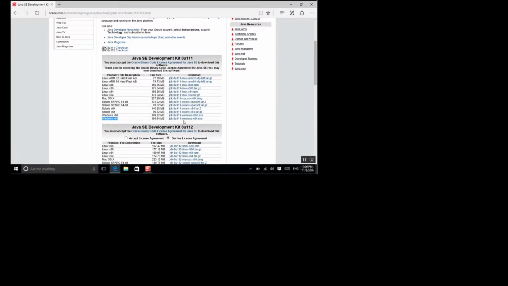For this operating system, I just download this one. If you are on Mac OS, download this one. For Linux, download any of these. So I click here and I will download it, and I will wait for some time. Here we go, here is my file. If I go to open, I will see the installation file that I could use